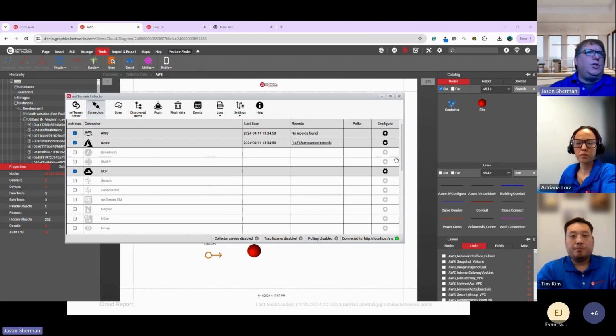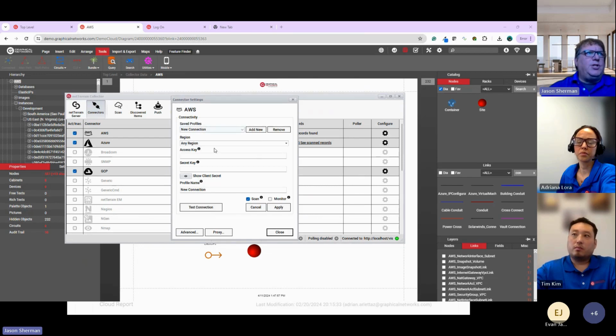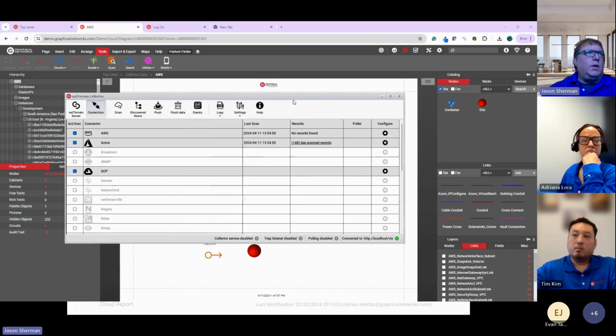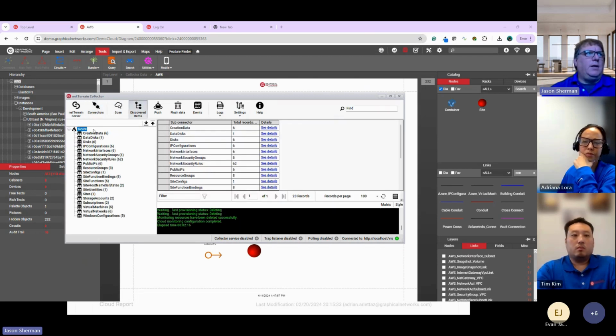So in our case, what you do is you go to Azure, you go into the environment, you do a configuration, you set up your connection string using a user or token or whatever the access method is, and then you do a discovery. You scan the network, and then you get data. So like in my case, I've got a whole bunch of data from Azure.